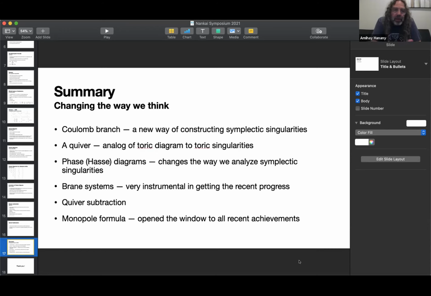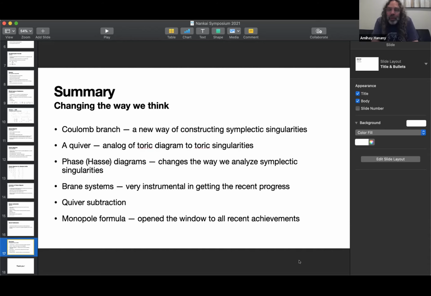In particular, once the so-called BFN, Braverman, Finkelberg, and Nakajima, took the way we think of it physically and thought about this construction as a mathematical one,